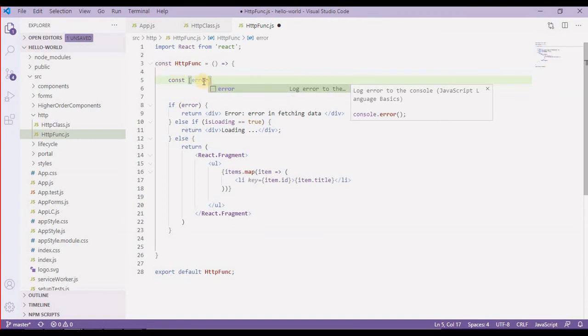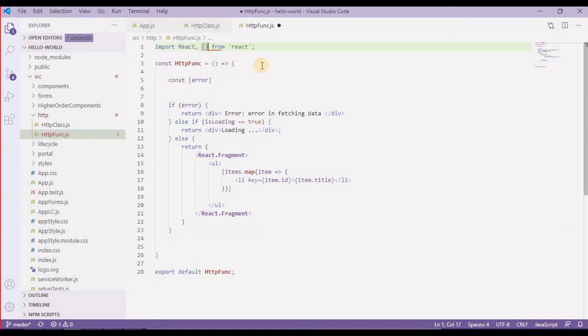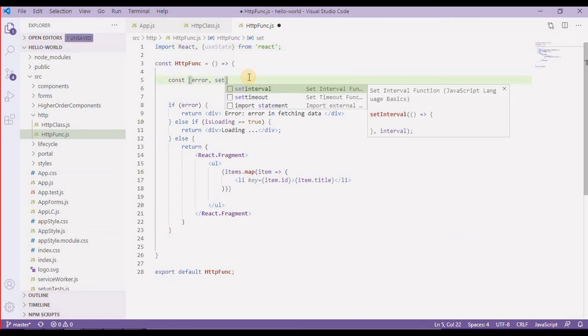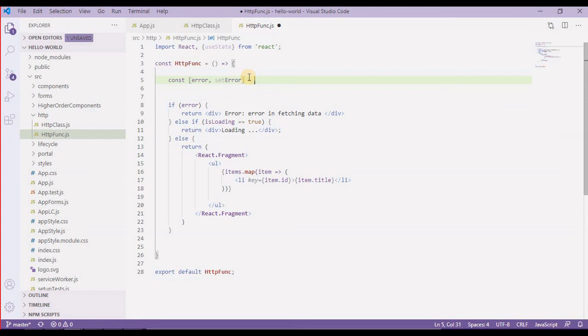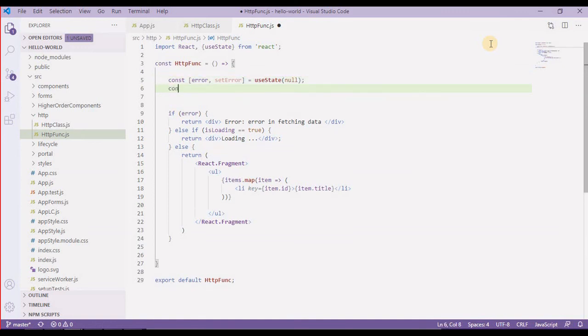So for that I'm going to use the useState method over here, so I'm going to take useState and then error, and then set error with the useState method, which is initially null, so I'll take it as null, and then again constant isLoading, and then setIsLoading, again useState, and initially it will be true, so I'll take it as true,